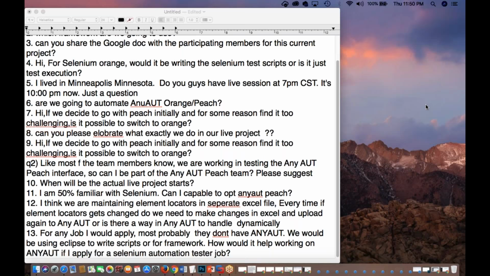They have the total control of the framework, so you are not going to touch their framework. All you have to do is execute it. So that experience you are going to get from AnyAUT Orange, how to use the tool and execute your test cases,